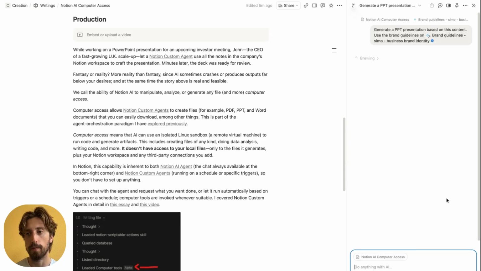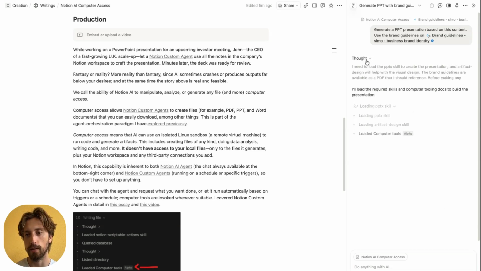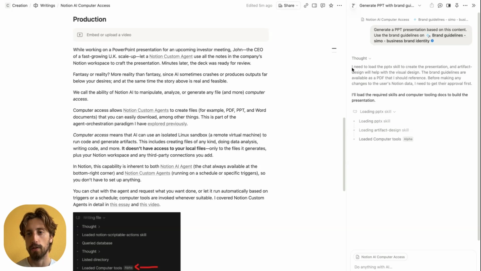So I'm going to send it over. And the Notion AI agent will start working on this request. And you will see here under the thinking steps that it will load the PowerPoint skill to create a presentation and then do other things. And here you can see all the steps taken, such as loading the skill to read documentation about it,